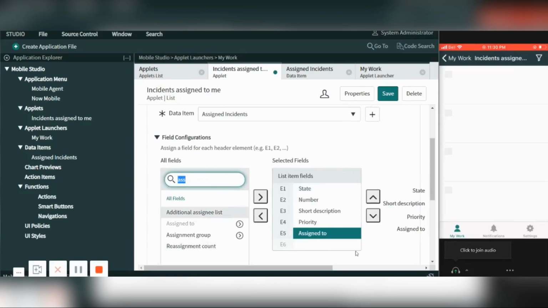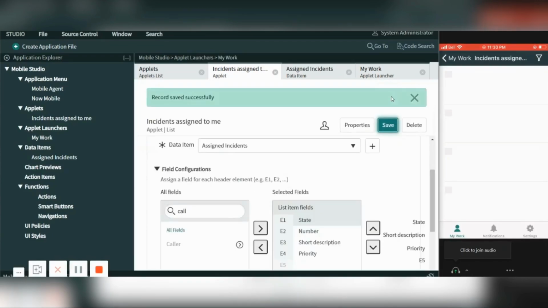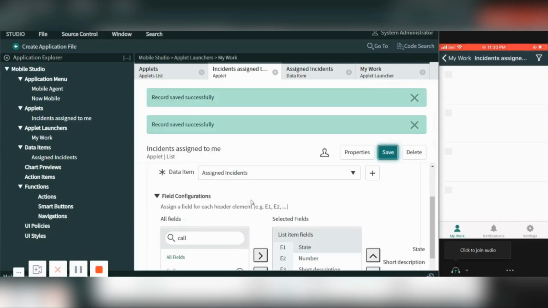Let's take color. And I will save it. So this configuration was related to the list.